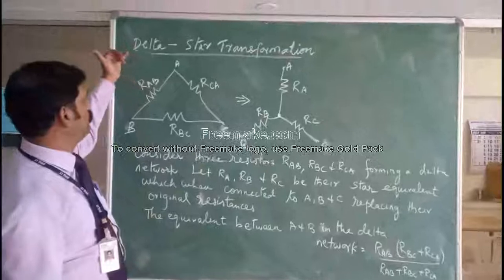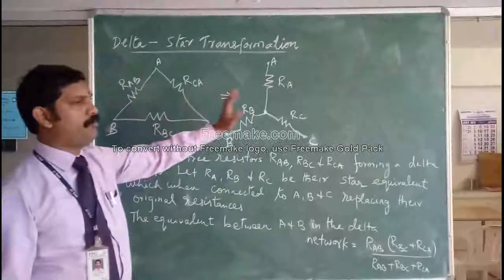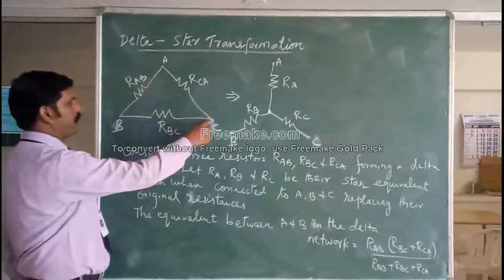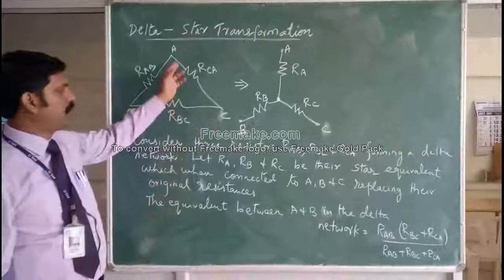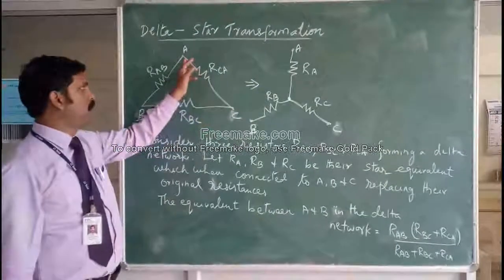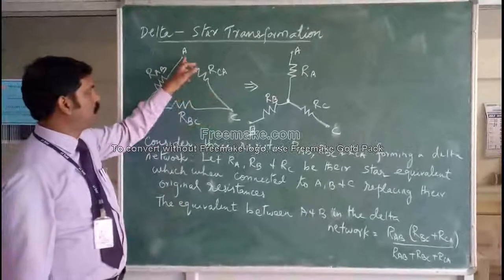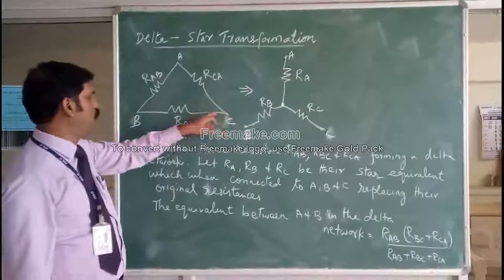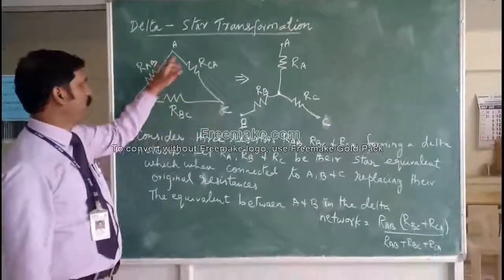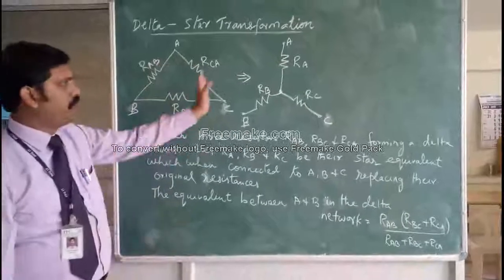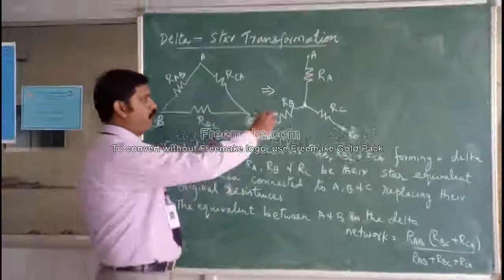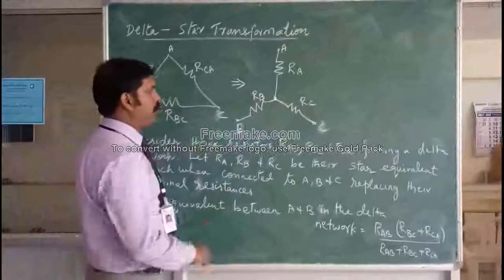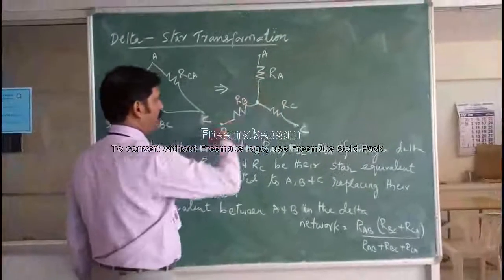Now let us see how to convert a delta connected network into a star connected network. If you take delta connected, you can see one end of each resistance is connected with the other end of the next resistor. If you take the resistance between A and C, this resistance RCA, one end of RCA is connected to the B terminal through RBC. In this fashion, it forms a delta connection. On the other hand, in a star connection, one end of all the resistances is connected together and forms a star point, and the network you obtain is called a star network.